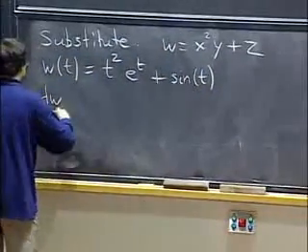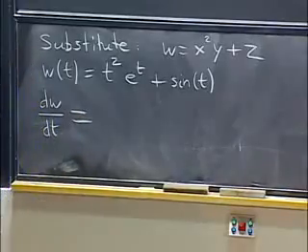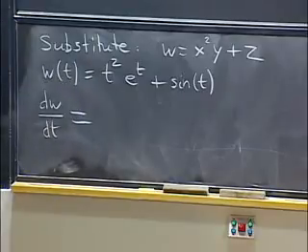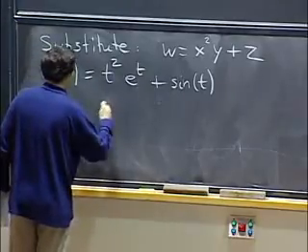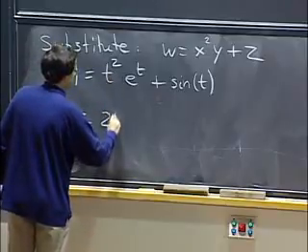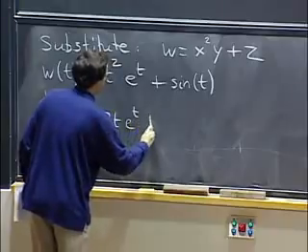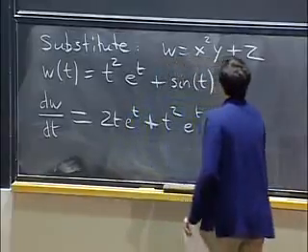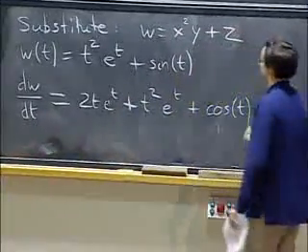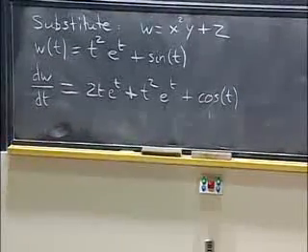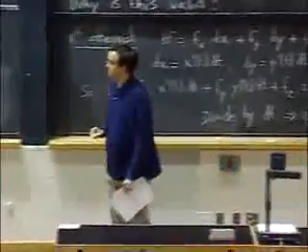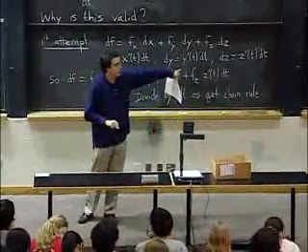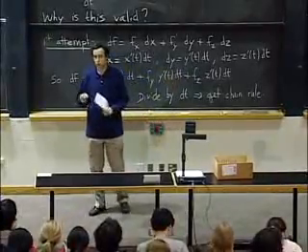So dw dt, we know how to take the derivative using single variable calculus. Well, we should know. If we don't know, then we should take a look at 1801 again. By the product rule, that will be the derivative of t squared, which is 2t, times e to the t, plus t squared times the derivative of e to the t, which is e to the t, plus cosine t. And that's the same answer as over there. Maybe I wrote slightly more here, but the amount of calculations really was pretty much the same.